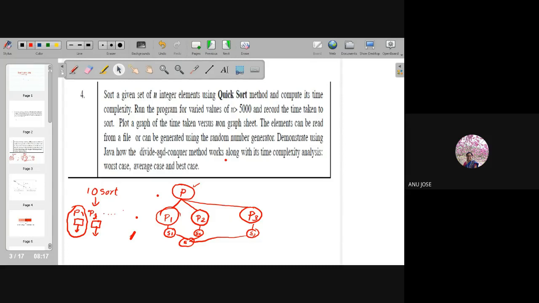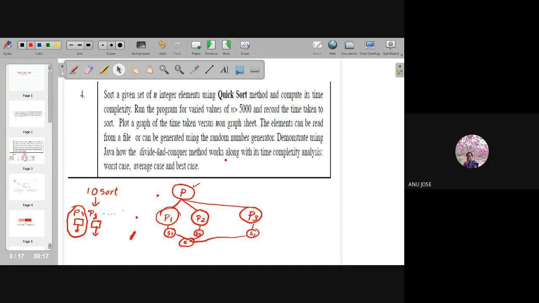Now I will explain what quicksort is and how it works. Okay, this is very important. Quicksort and merge sort we are doing in the lab. The same thing you can expect in the final exam also. For the DA theory, this is a sure question from the second module. So while doing it, just try to understand what is happening in the quicksort.